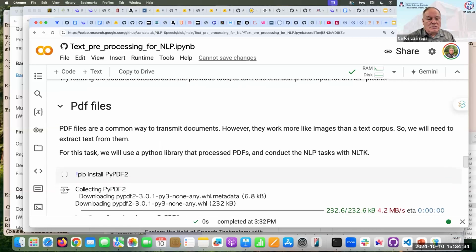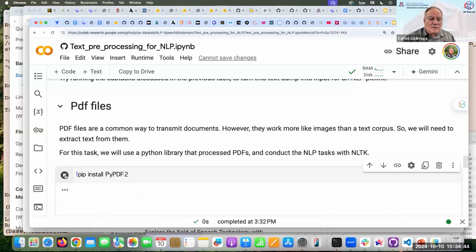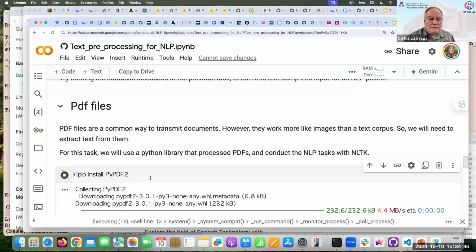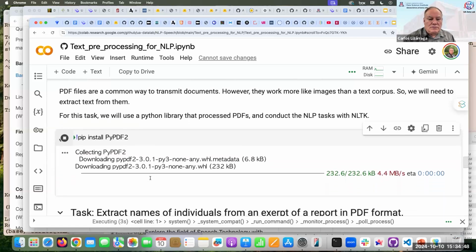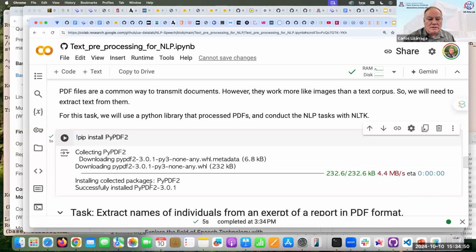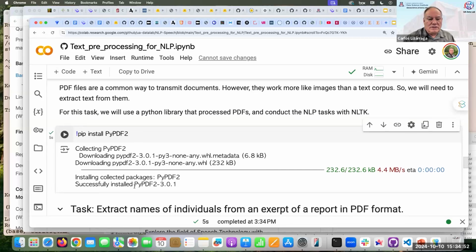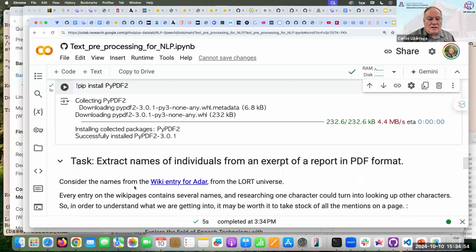Okay, so how can we read the contents of a PDF file? We need to install this library, PyPDF2. Okay, so now I have installed it. And then